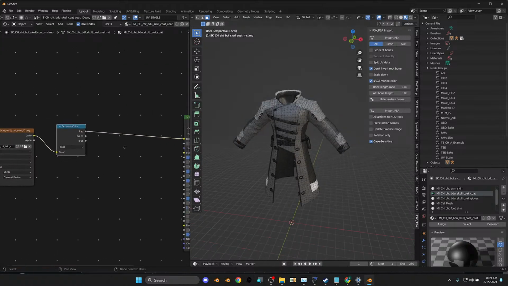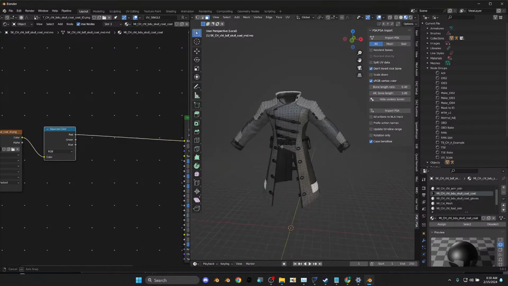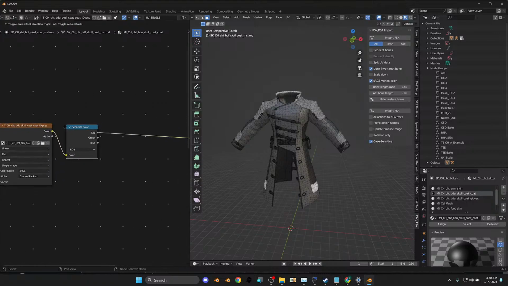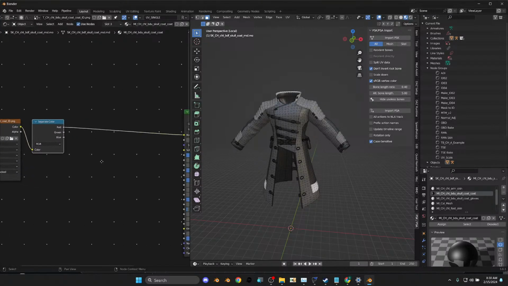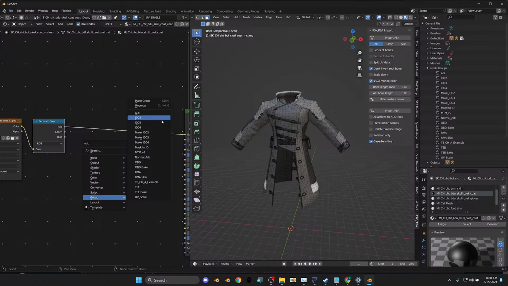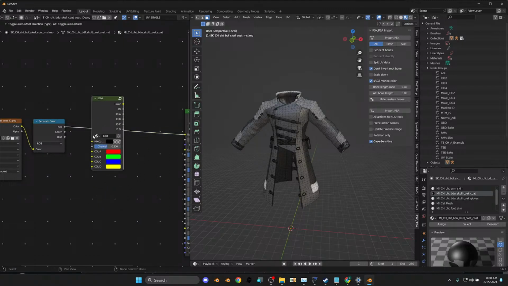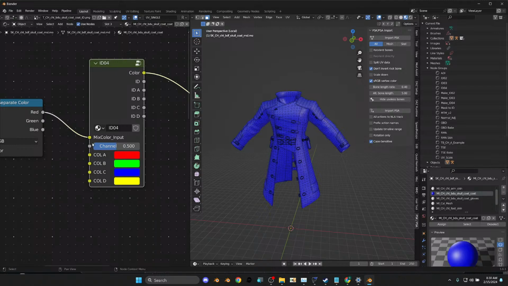All right, and it defaults to the red. So these are all the red pieces, right? I created a node in here that's going to help split all this up. If I hit Shift A, I know that this is a 4, because the R was a 4. So I'm going to hit Shift A, go to my nodes, and get an ID 4, right? So the ID 4, this red is going to go into the channel,